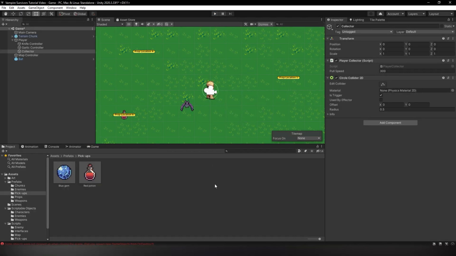Now that we have an item moving towards the player, it's important to ensure that it disappears once it reaches the player. Luckily for us, there's no need for any fancy code to calculate the distance from the item to the player, as this can be easily achieved by using the onTriggerEnter2D method in the experience gem script. With this, we can simply destroy the object once it touches the player.